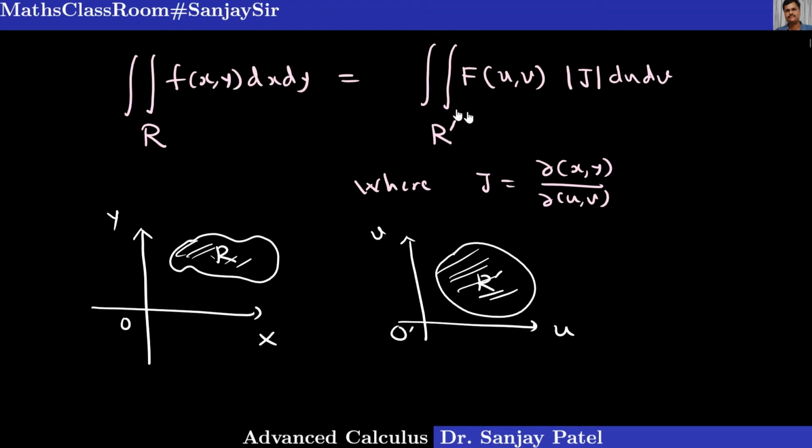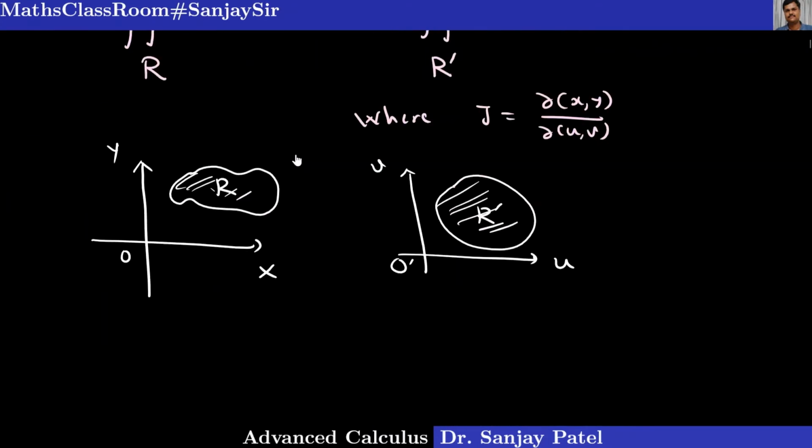Just understand how to apply this to change the variables in any double integral. You can transform the Cartesian variables to polar coordinates or some other system. Okay, and the second thing I want to explain here is